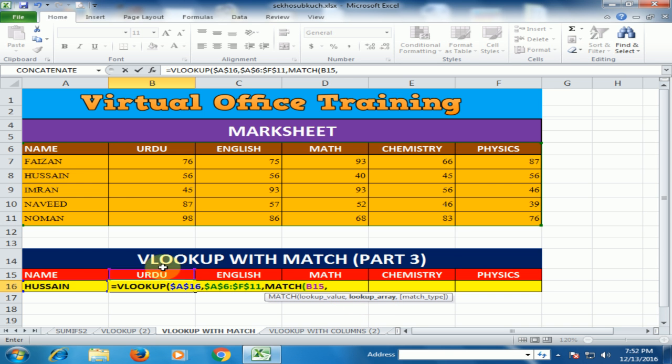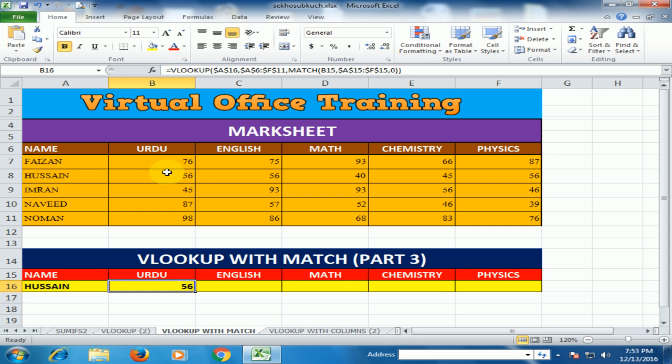What is the lookup array? Just select all the column and press F4 to freeze this column, comma and 0 for exact match and close the bracket and press enter.